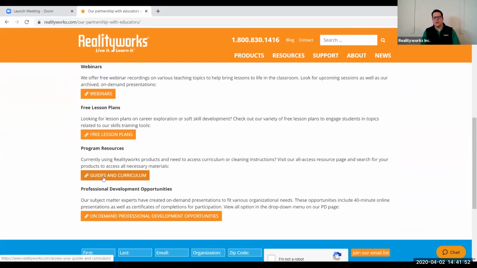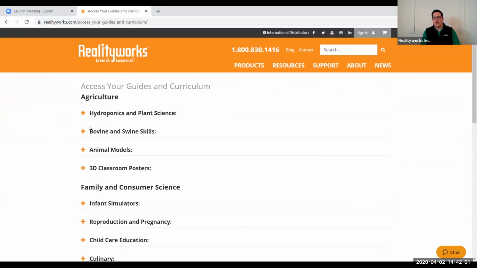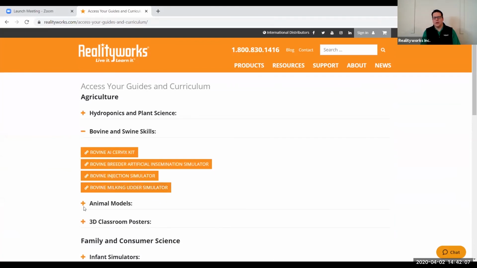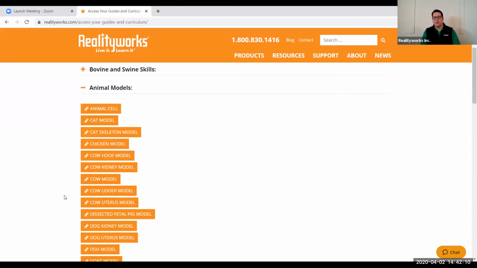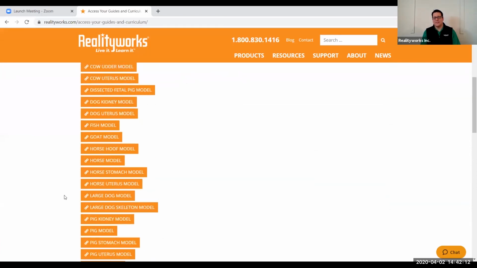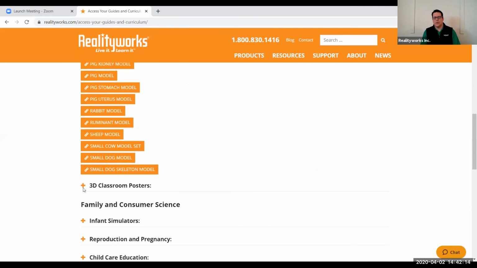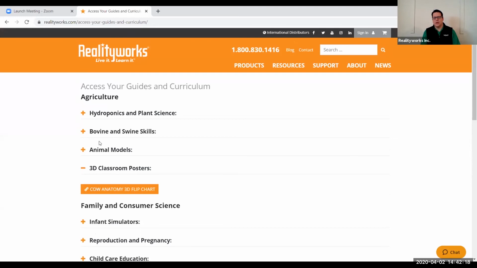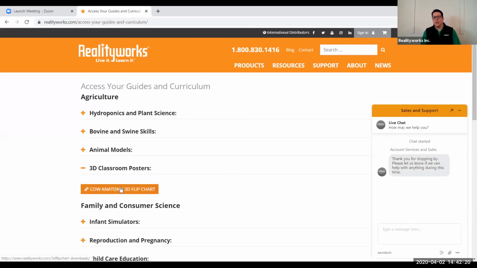It's right down here under guides and curriculum. You click on that, it will then give you the guides and curriculum that you are looking for. From agriculture, all you have to do is click on the plus sign and it opens up the different areas that we have curriculum for you to be able to use at this time. So this is a great opportunity to show you the different curriculum that are available for you, and then you can go in and use that.